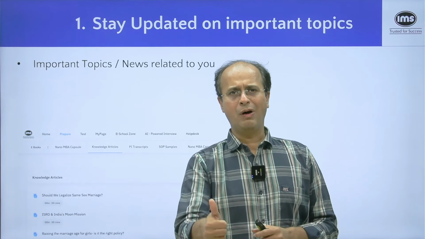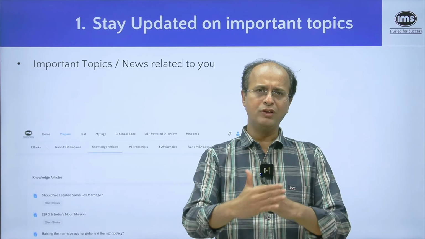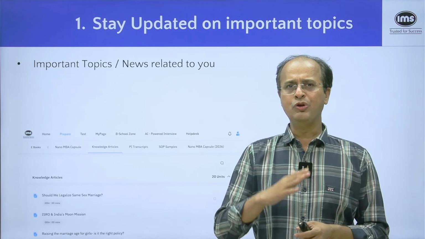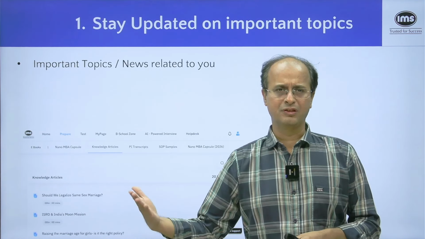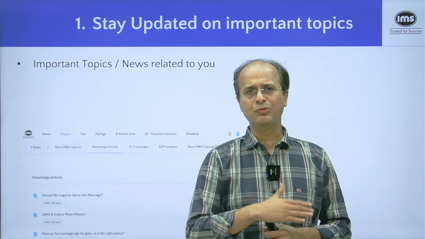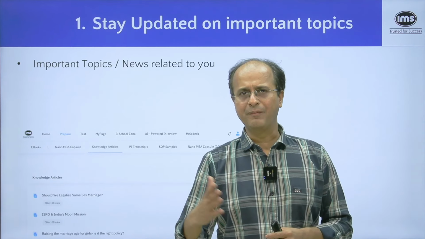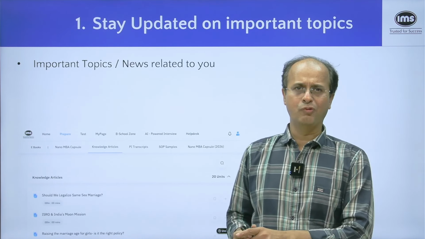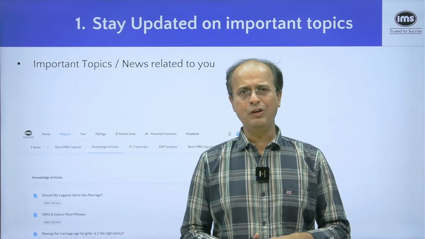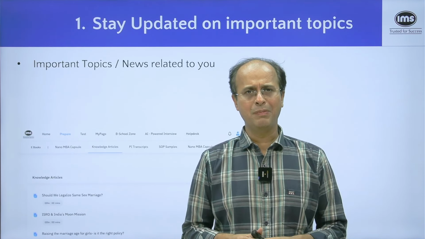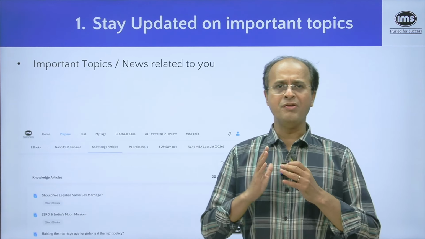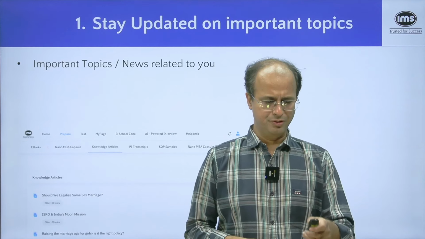So recommendation 1, have a list of the most important trending topics and make sure you know at least the basics of all of these. India-US relationships, the tariff war, what's happening to the Indian rupee, what's happening to the Japanese yen, what is the connection on the equity markets of the same. All these are going to be very commonly asked questions by all the B schools. So the solution is to refer to the articles already written by the experts.